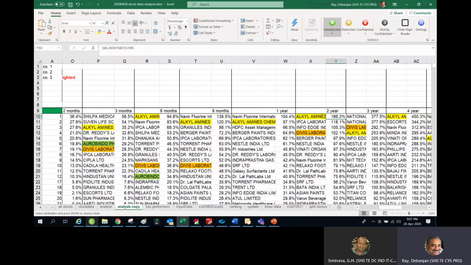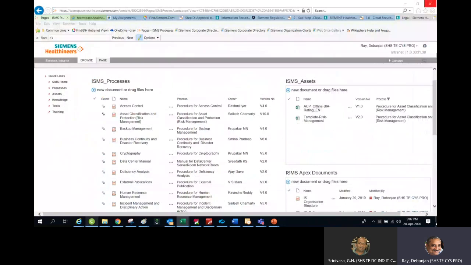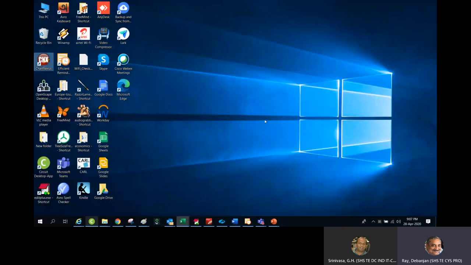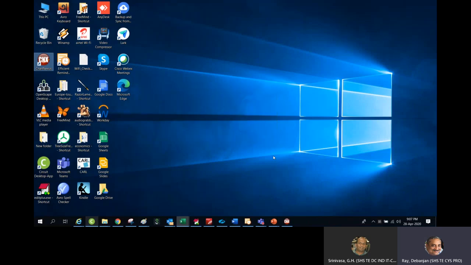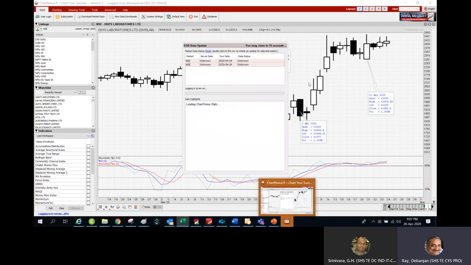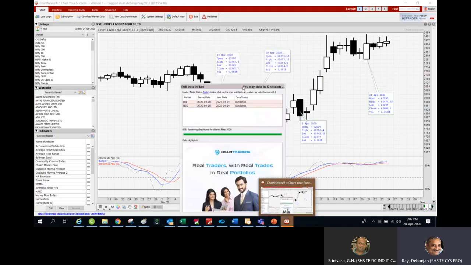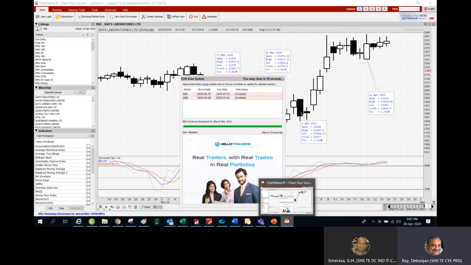Now let us also go into the charts. There is an application called Chart Nexus. It is free software from one famous company in Singapore. It gives you free data to be downloaded on your computer for a span of 3 years. Beyond 3 years, you need to pay.